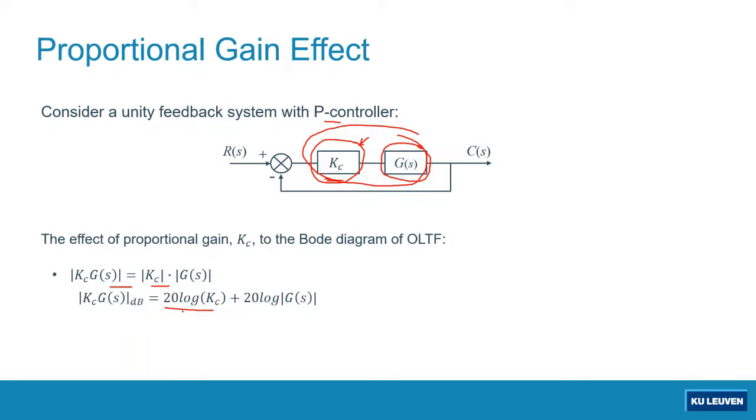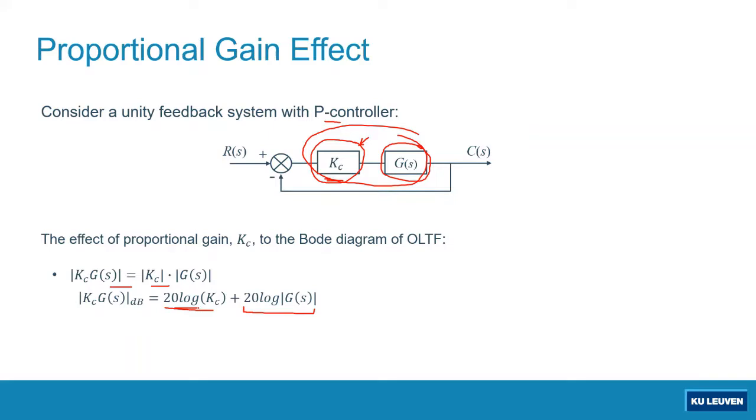by 20 log Kc. If initially your open loop transfer function is G(s), the magnitude plot is simply 20 log |G(s)|. After you introduce Kc, the magnitude plot of your Bode diagram will be equal to 20 log Kc plus the original magnitude value, which means again the introduction of Kc here will shift your magnitude plot vertically according to the